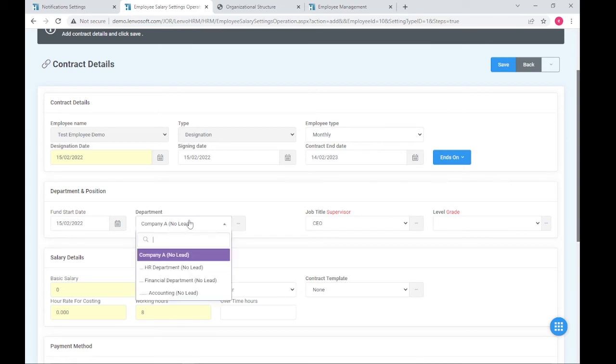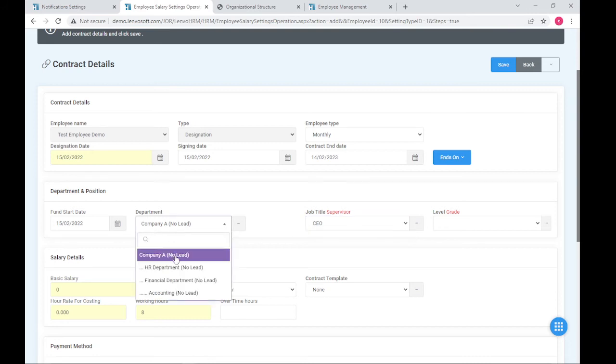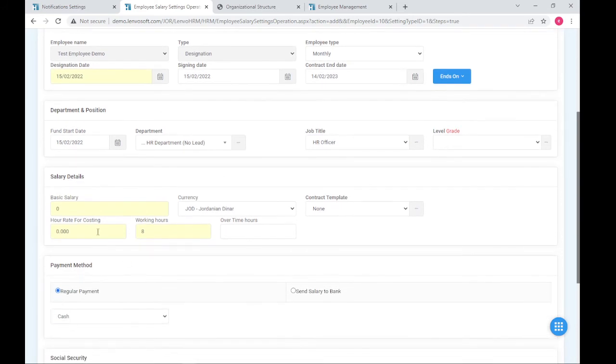Over here, I will select which department this employee falls in. So if I select the company, I have only the CEO. Based on our previous video, we have only the CEO within this level. In the HR department, we have HR manager and we have HR officer. So I will configure this as an HR officer. I will enter the basic salary for this employee, select the currency,